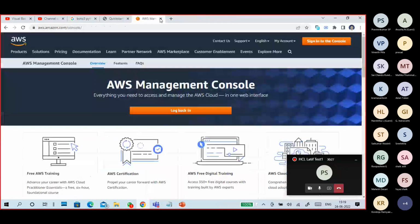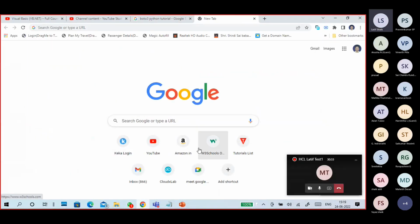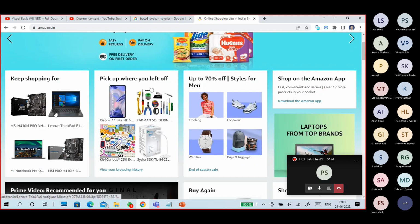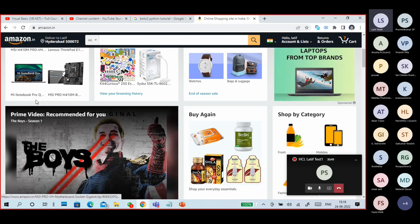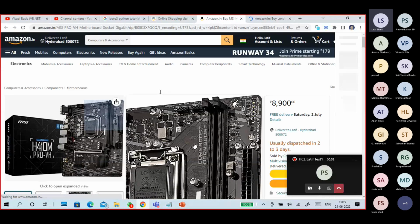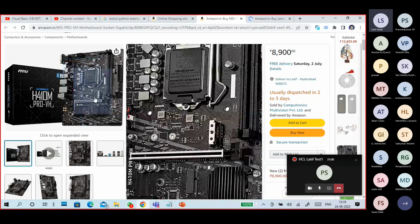Sorry, I have to close all these things. Yeah. So better one is go to Amazon, Flipkart, or any e-commerce websites. So yeah, tell me. Okay. So go to any e-commerce websites and find out different types of components or laptops or anything. So you will understand, or you can go to their direct company websites also, like Lenovo, Dell, HP websites also. So you can understand what are the different configurations and